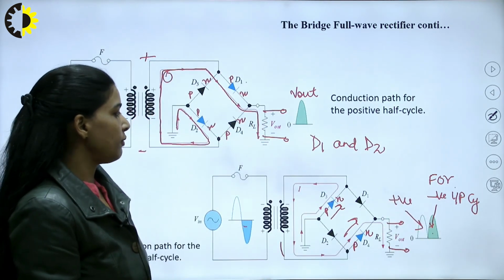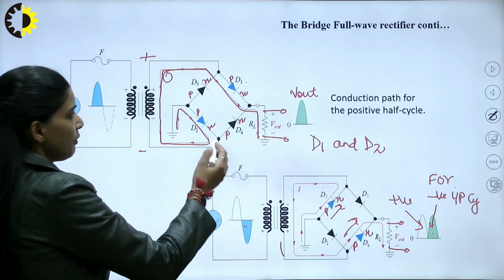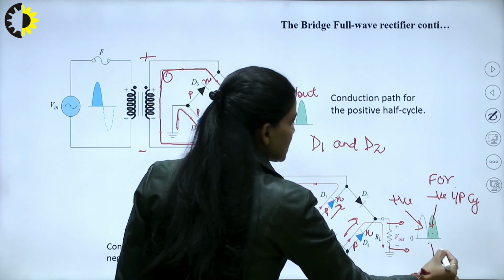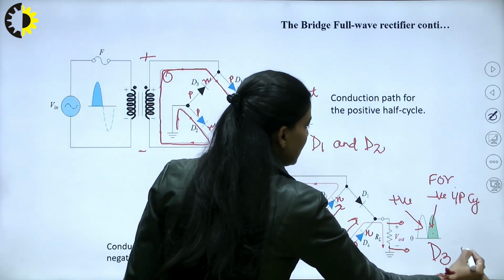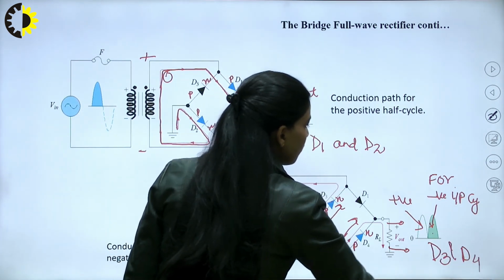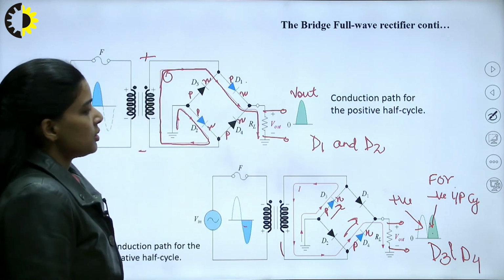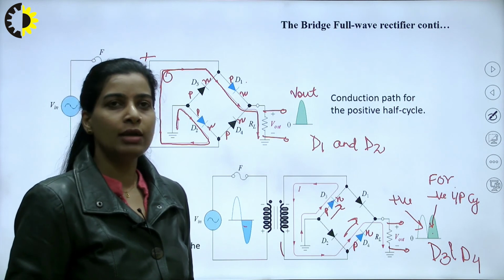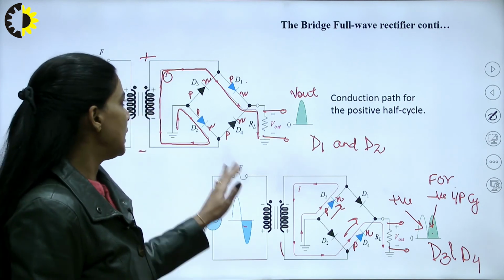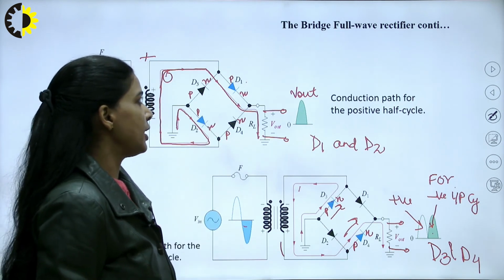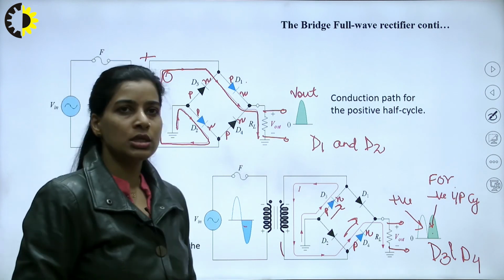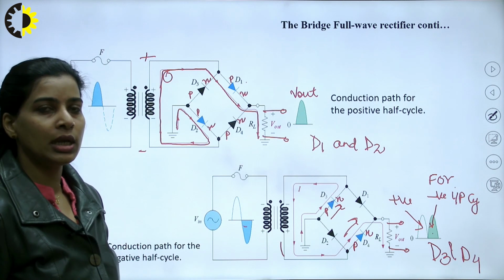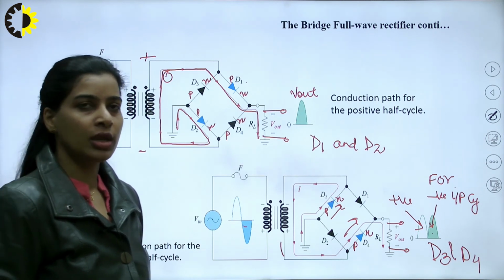So, in the bridge full wave rectifier, 2 diodes conduct at a time. Here, this output we are getting with D3 and D4. So, comparing this with the previous one, in that we had 2 diodes, here we have 4 diodes. So, in the same continuation, I will continue in the next lecture with some more details about the full wave rectifier.